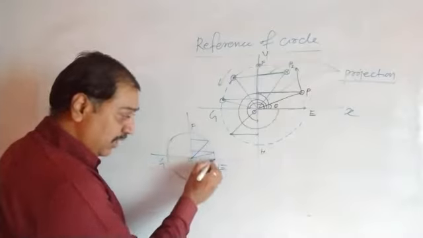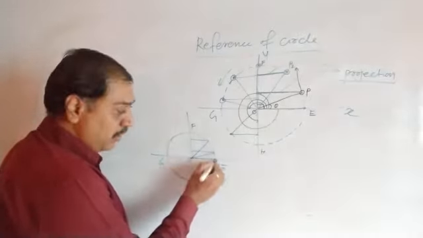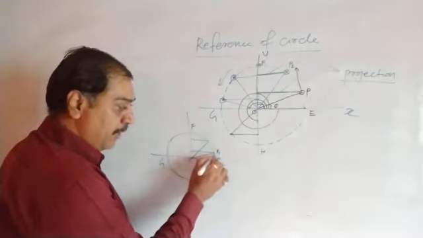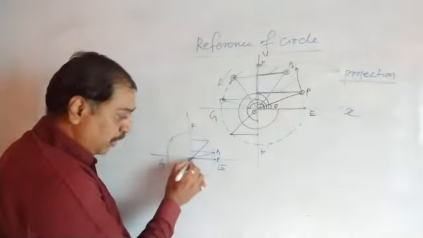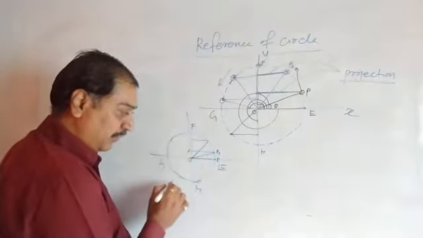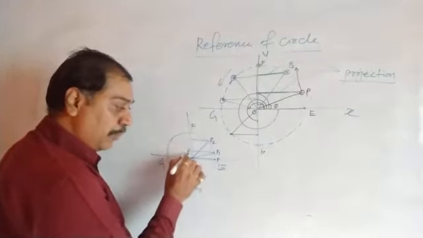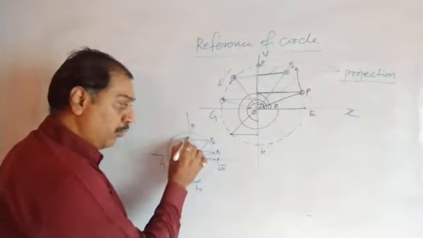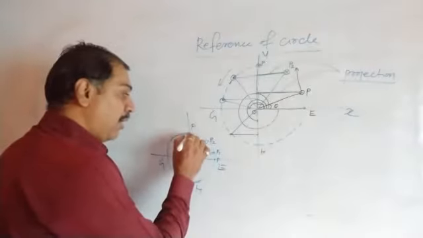Means see, initially it is here, so the projection point will be here. At P, suppose at P1, the particle moves from P to P1, and after some time the projection moves from O to O dash. The particle moves from P1 to a new position P2, and the projection moves from O to a new position O dash. Okay, now suppose the particle comes to point F.